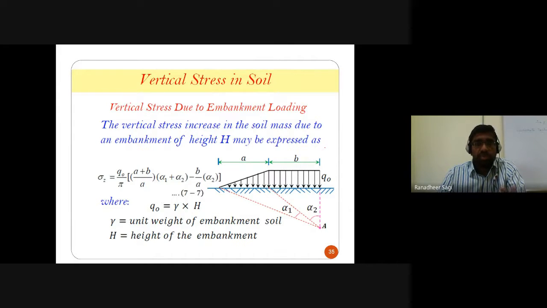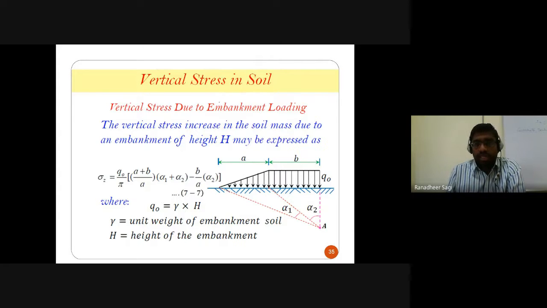It need not be just below the loaded region. It can be anywhere, even away from the loaded region, at any particular depth, if you want to calculate the amount of vertical stress that is getting developed in the soil. We have seen how to calculate based on the expressions given by Boussinesq. And we have also seen, in the case of a concentrated load, according to Westergaard's theory, how to estimate your vertical stress. Okay, let's continue our discussion from where we stopped in our last class.